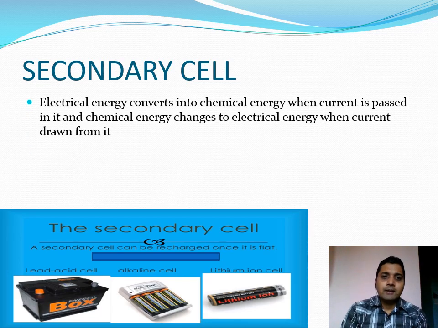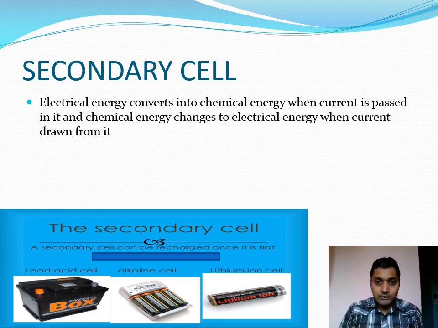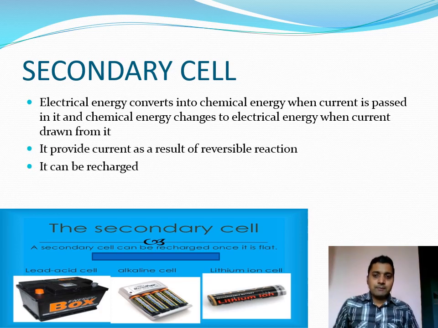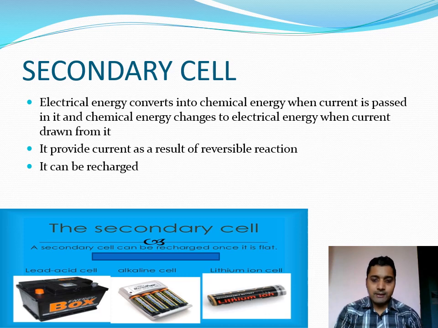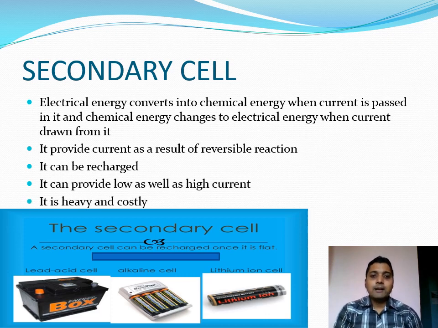In a secondary cell, electric energy is first converted to chemical energy. When we use the term charging the battery, it means we give electric energy, which first becomes chemical energy. Then when the battery is in use, the chemical energy is converted into electric energy again. It is a reversible reaction. Always, in the case of a secondary cell, we get a reversible reaction. It can be recharged, meaning we can charge this battery,